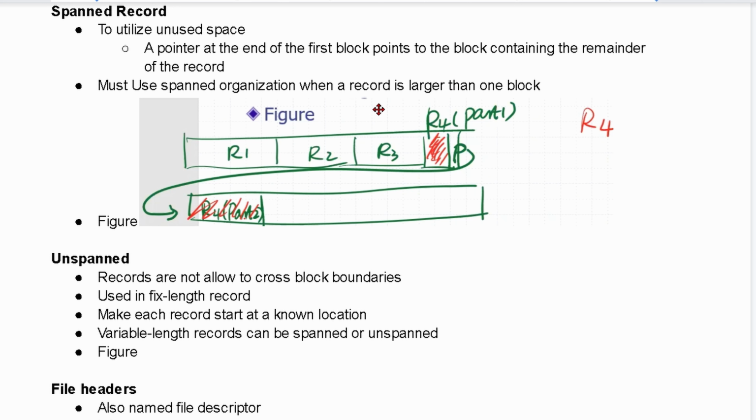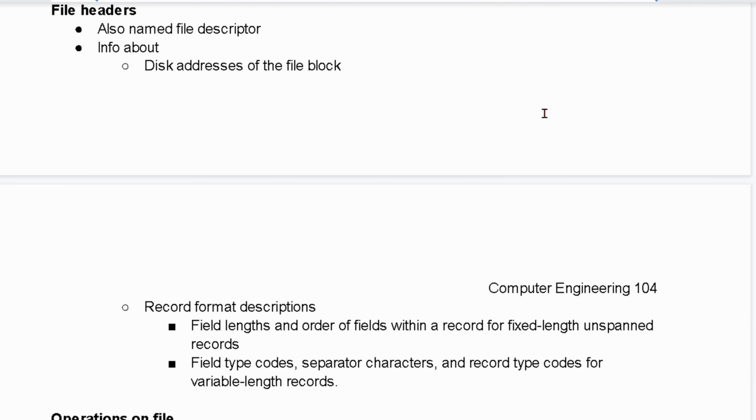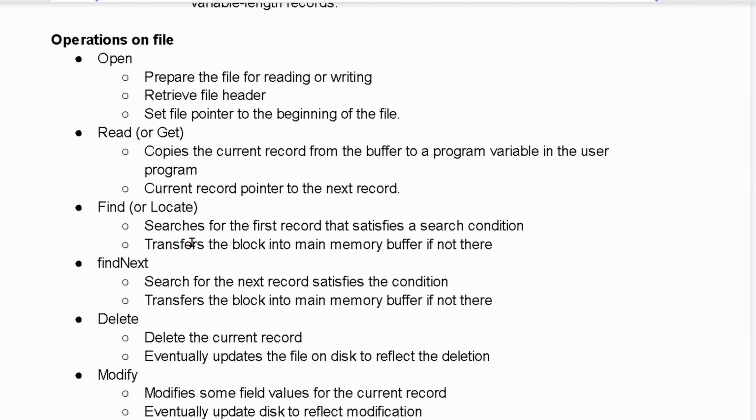We must use span organization when a record is larger than one block. Then we have unspanned. That's when records are not allowed to cross block boundaries. We have file headers, which are just descriptors. We have operations on a file, so we can open the file, we can read the file, find the next,